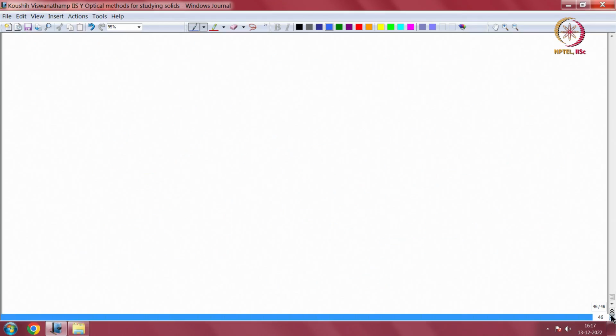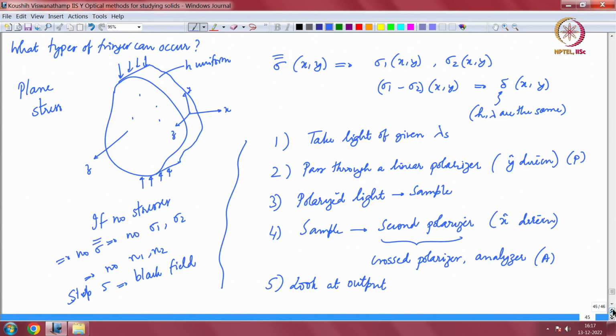And we briefly alluded to these fringes. I spoke about the origin of this difference in the refractive index for photoelastic materials, and the fact that this n1 minus n2 was proportional to sigma 1 minus sigma 2, the principal stresses, and we ended with this basically, right. So, here we were talking about the 5 steps that we are going to follow, which is take a